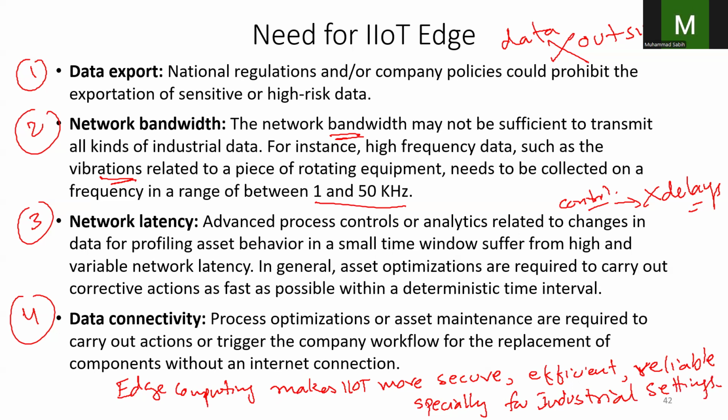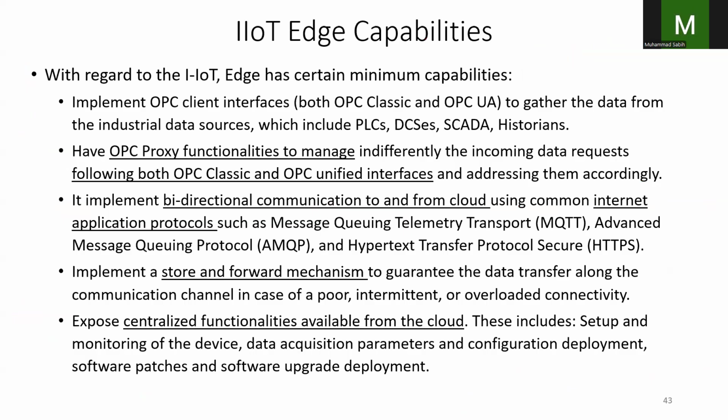Okay, so now we will talk about the capabilities required to function efficiently in the industrial setup. The first thing, it must support the OPC client interfaces, both OPC Classic as well as the new modern OPC UA. This allows the edge device to connect to industrial data sources like PLCs, DCS, and SCADA, and even to the historians, right? The second point is it must have an OPC proxy, meaning it can handle